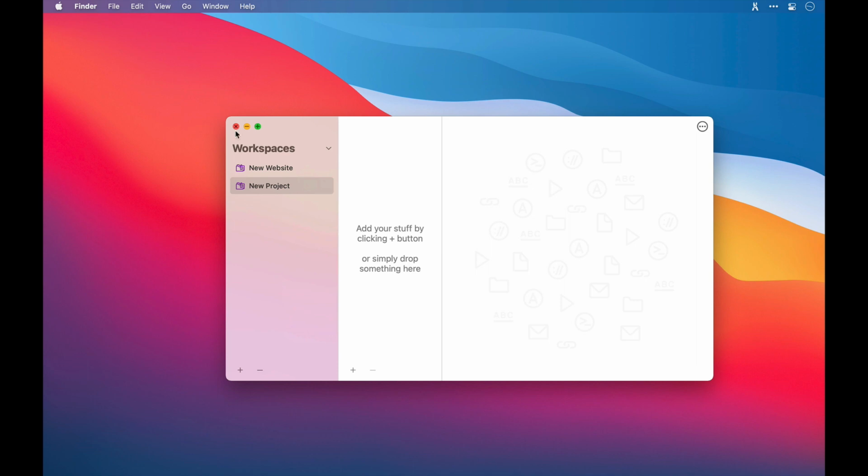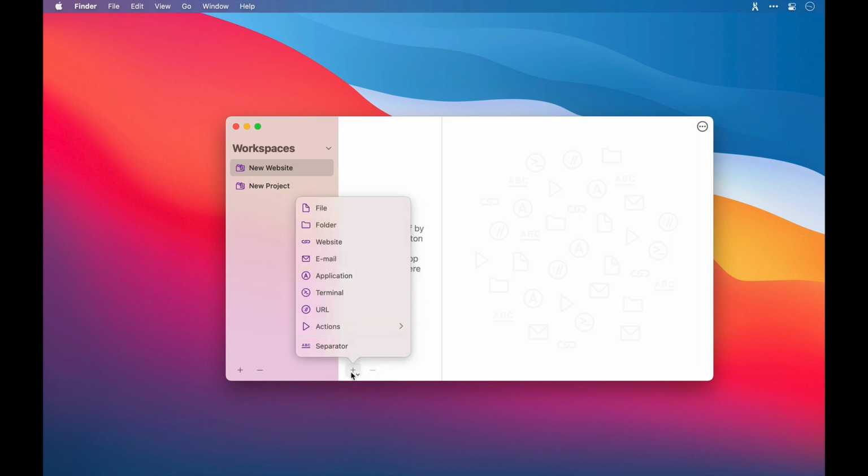Good stuff. So what do we do with an empty workspace? Well, we fill it. We fill it with resources that we're going to be accessing regularly. So to add resources, we click on the plus button just at the bottom here. Alternatively, you can drag a resource directly in from Finder, but I'll show you this method during this screencast. And here we can see a list of the resources that can be added. And what we're going to do over the next minute or so is just add one instance of each of these resources so that you know what they're used for.